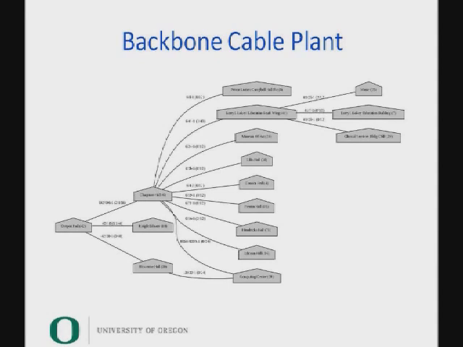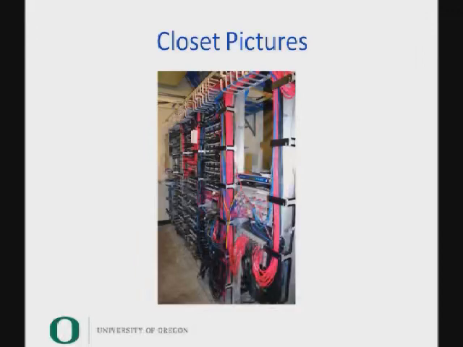This is an example of the backbone cable plant graph. As you see, it shows all the fiber between buildings, and those little numbers show the individual strands that are available or used. So you have an idea of the usage of the backbone. We keep closet pictures,